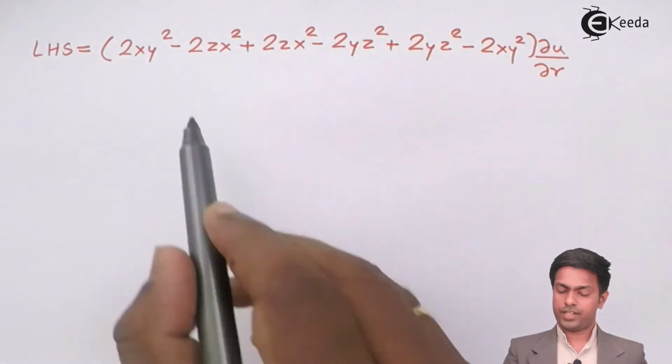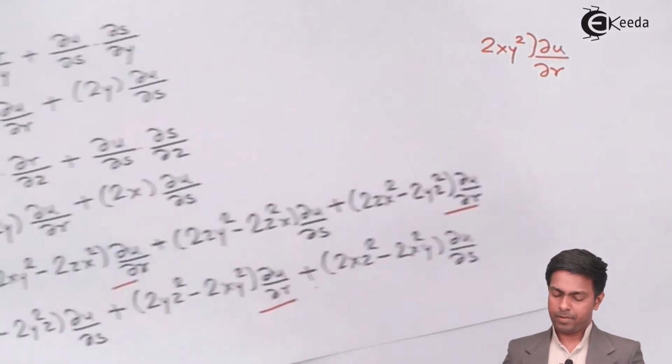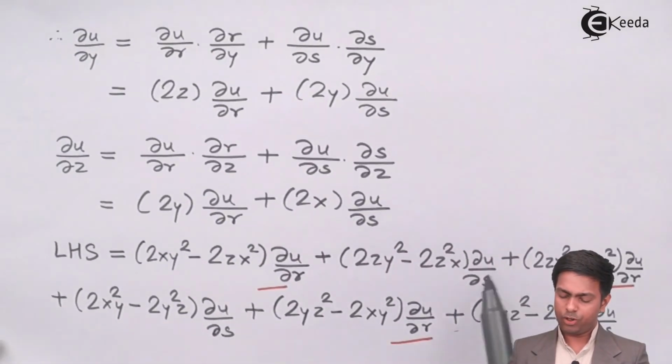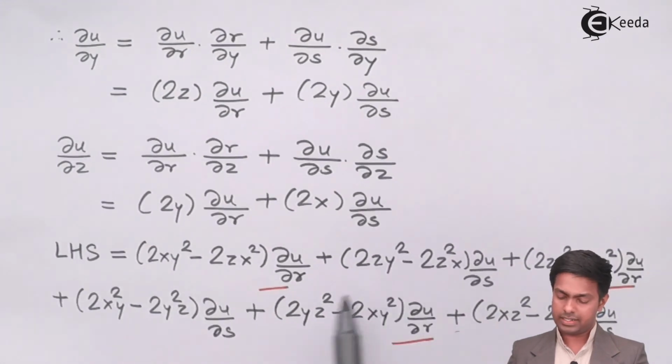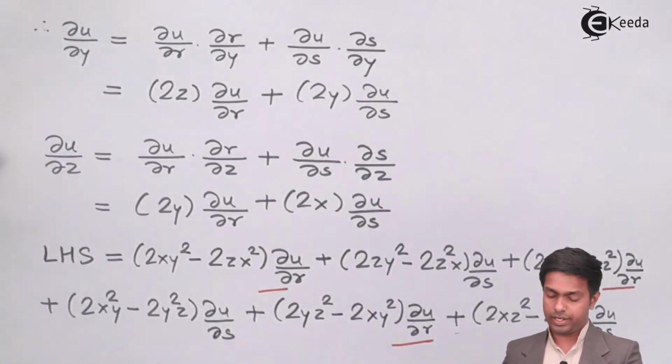So here we have 6 terms. Now from remaining 3 terms, I'll take del u by del s common and I'll write down these 6 terms in bracket. So we'll get